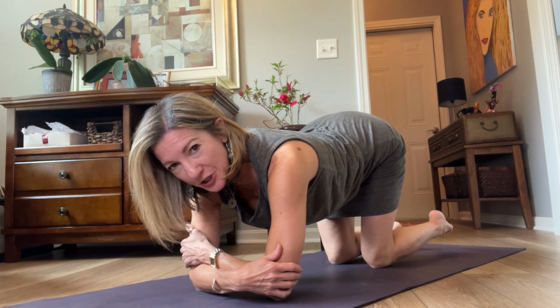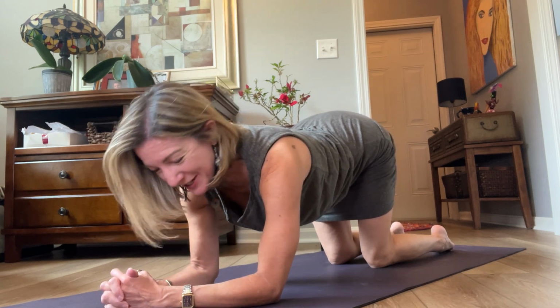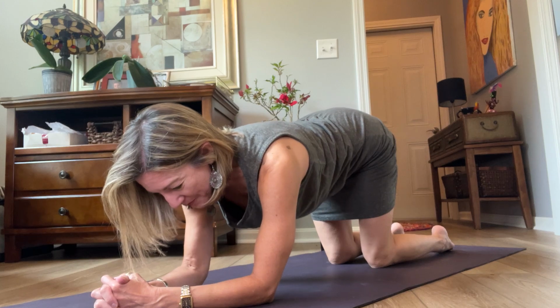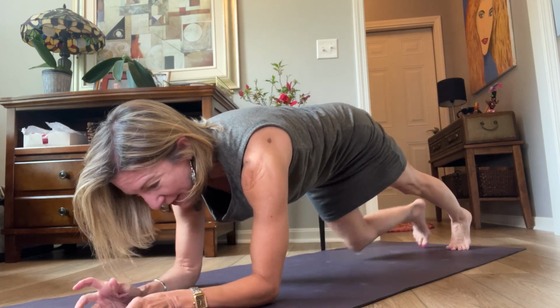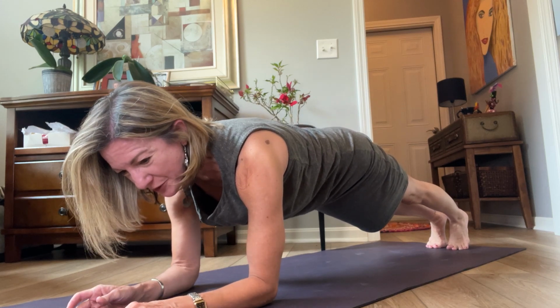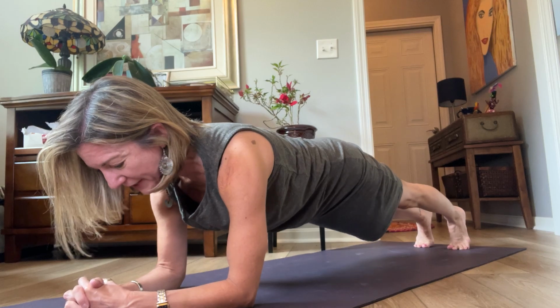If you're starting on forearms, wrap your hands around your biceps so you know you have the right distance. Bring your forearms out in front of you. You can interlace your fingers if you like. I think that makes it a little easier. Pull your shoulders down your back, then lift your upper back, lift your chest, pull in your belly, come up on your toes, shift your weight forward slightly. The timer has begun, and then we're going to do all of that again just to make sure your plank